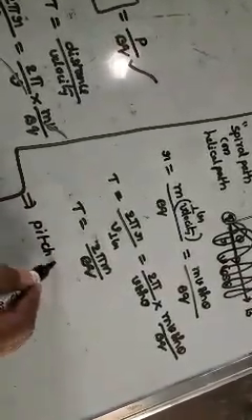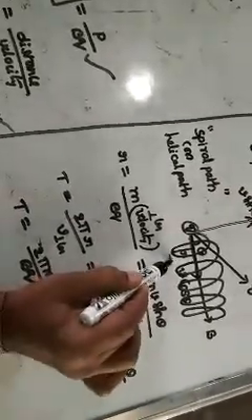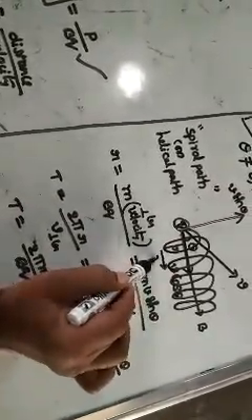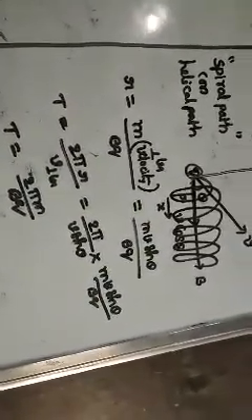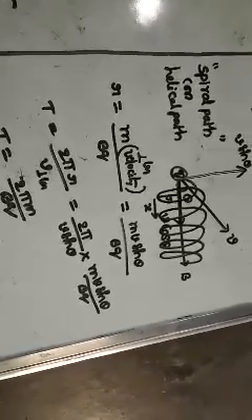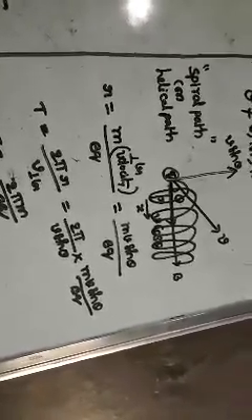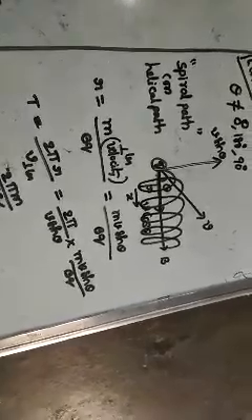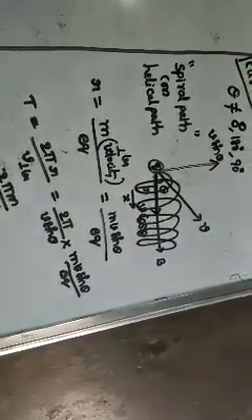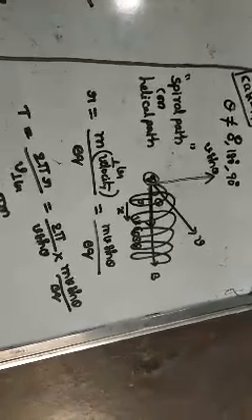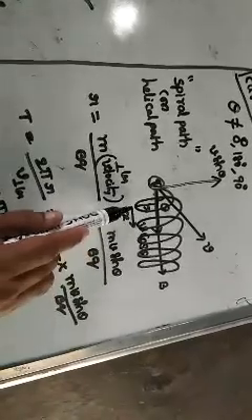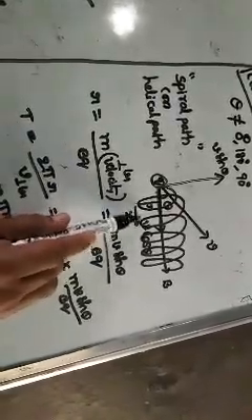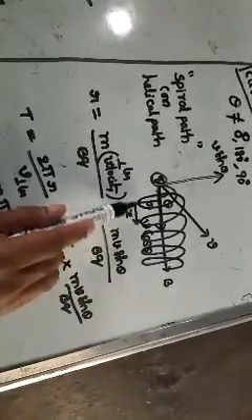Now, the pitch of the charged particle. Pitch means the horizontal distance traveled by the charged particle in one rotation. Just like in 11th class we know for a parabola it is called range. So the horizontal distance traveled along the field direction in one time period is known as the pitch of the helix.